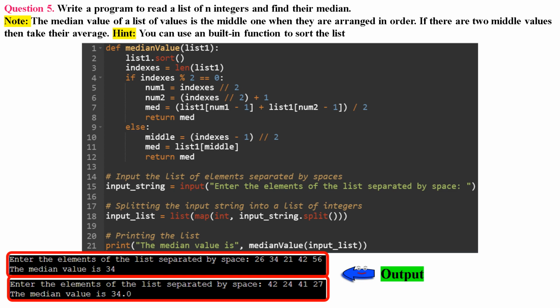Line 15. input_string equals input of, enter the elements of the list separated by space. Asks the user to input a string containing elements of the list separated by spaces. input_string.split function. Splits the input string into a list of strings based on spaces. Line 18. list of map of int, input_string.split function. Maps the int function to convert each string element into an integer and creates a list input_list of